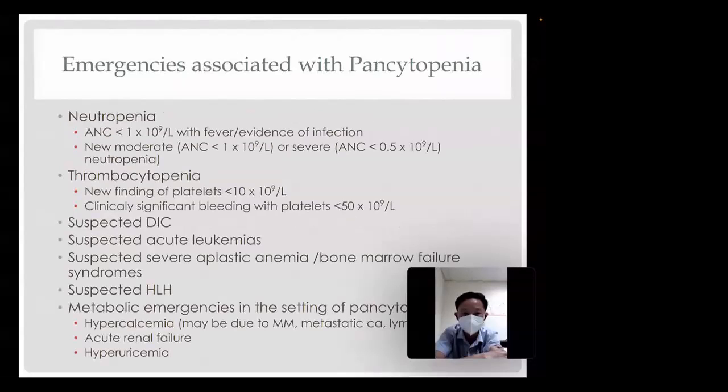So, what are the emergencies associated with pancytopenia? If you know that there is neutropenia, especially if ANC is less than 1, this shows that it's quite a bad neutropenia. Especially if it's very severe, ANC less than 0.5, or it's a new incidental finding that ANC is less than 1 even on presentation, then this should be a red flag to quickly refer to hematology. And also, if there's a very low thrombocytopenia,